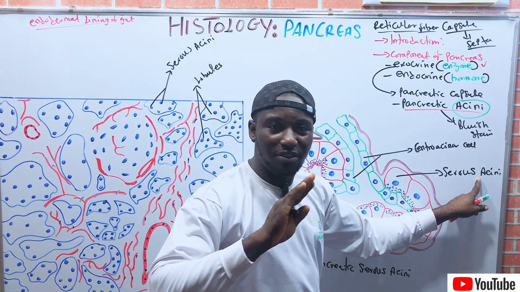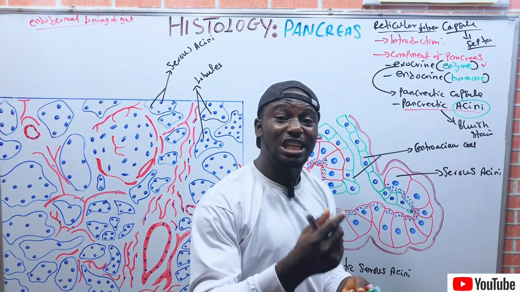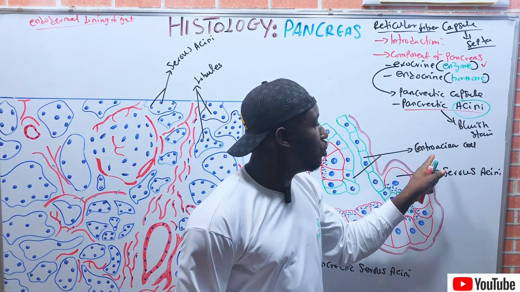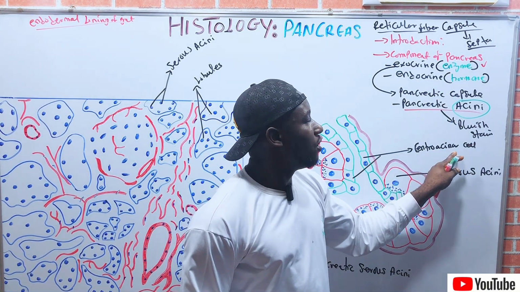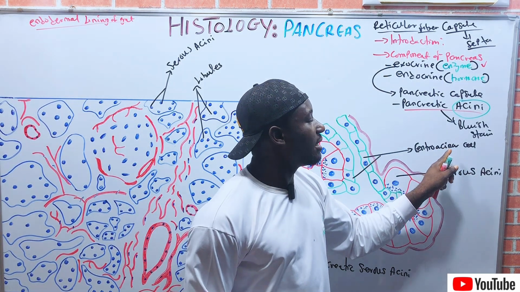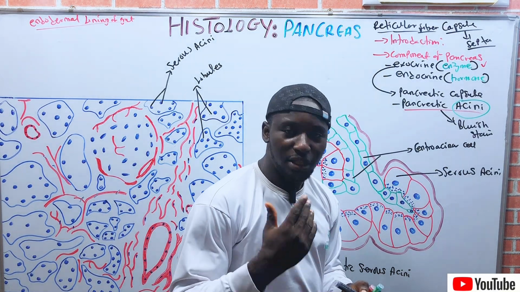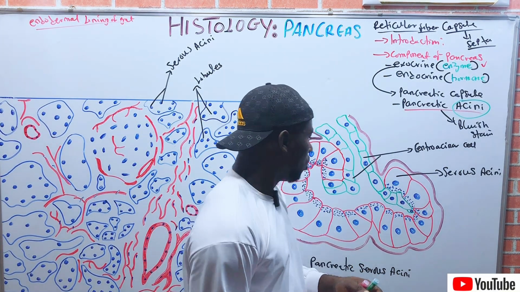It is quite different because the lumen of the pancreatic acini is smaller compared to the lumen of the centroacinar cell, and the centroacinar cell is lined by a cuboidal epithelium. That is what lines it. Okay,